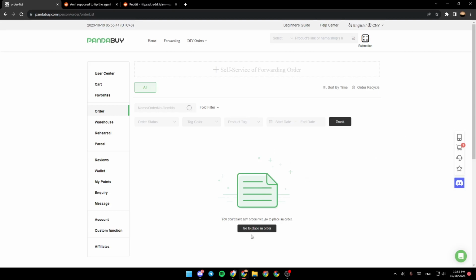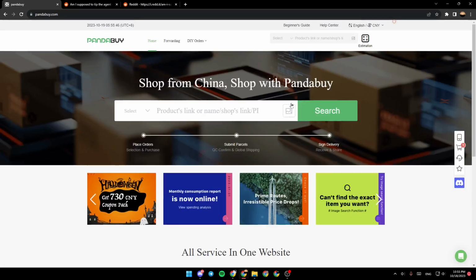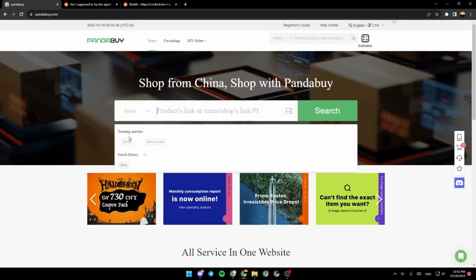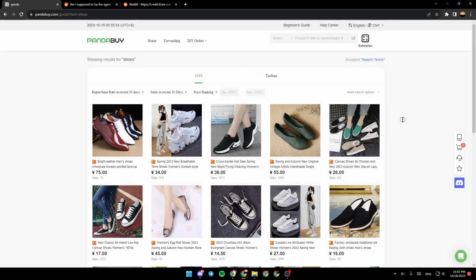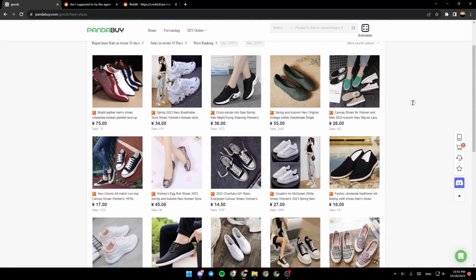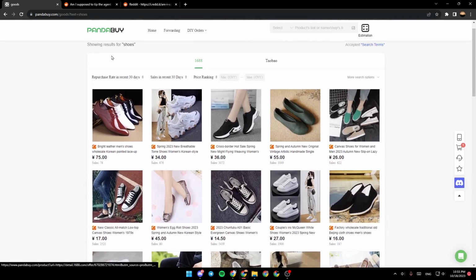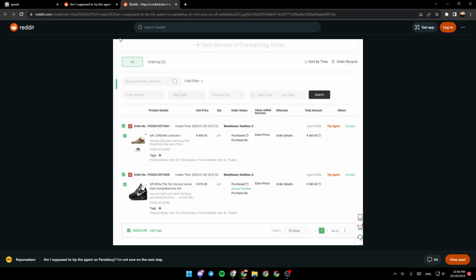So you can go ahead and click on go to place an order and then from here search for any product that you want. For example, I'm going to search for shoes and as you can see guys, this is the shoes list. So this is how you can add a new order. As you can see guys here in the picture, this is how it will look like if you have the